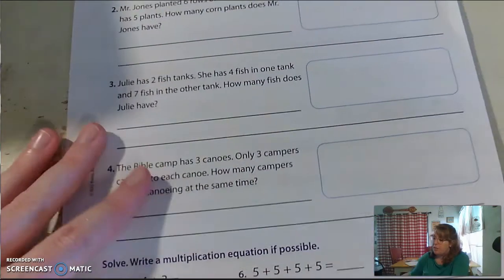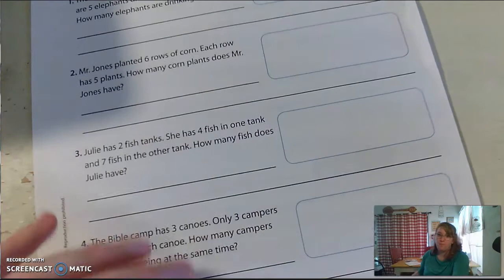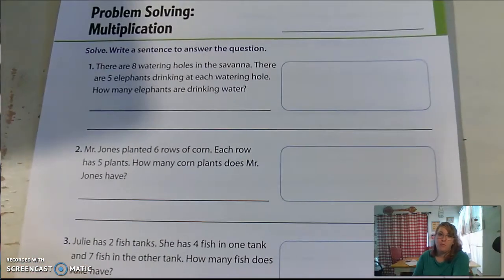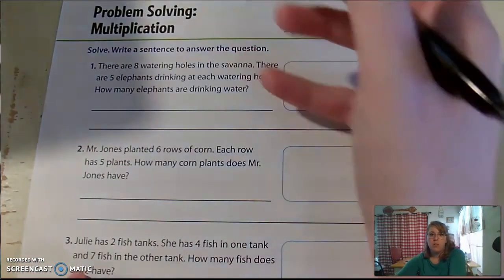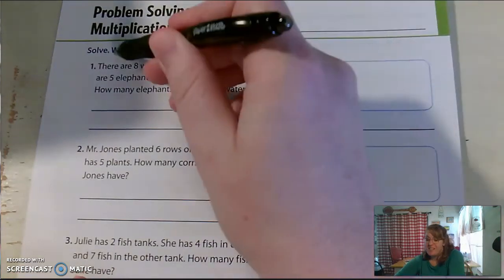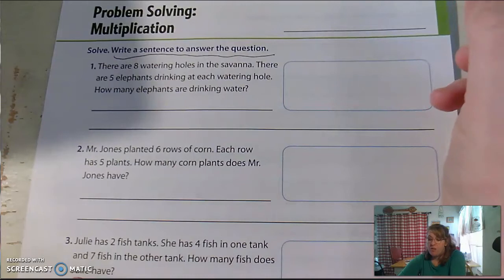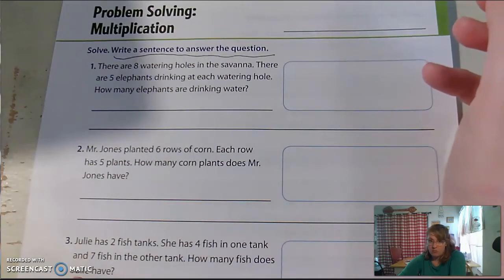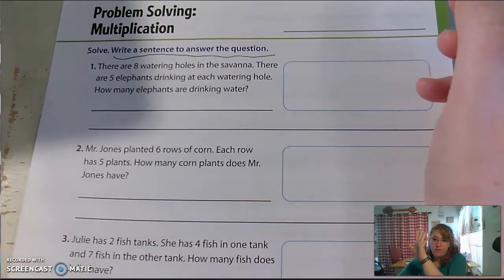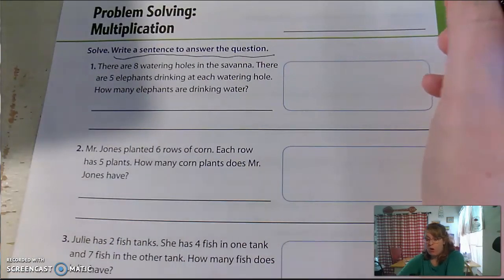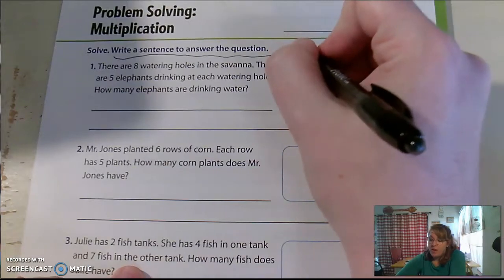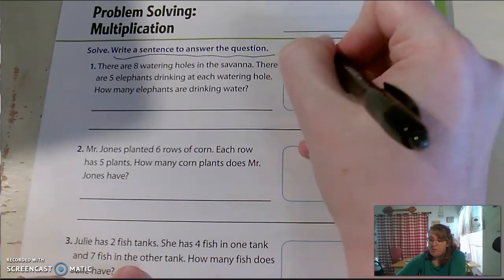Let's look at page 203. Problem solving multiplication. Solve and write a sentence to answer the question. There are 8 watering holes in the savannah. There are 5 elephants drinking at each water hole. How many elephants are drinking water? Well, the way we would write this is 8 times 5